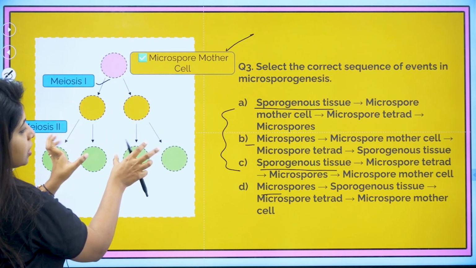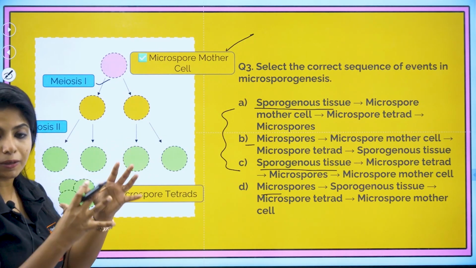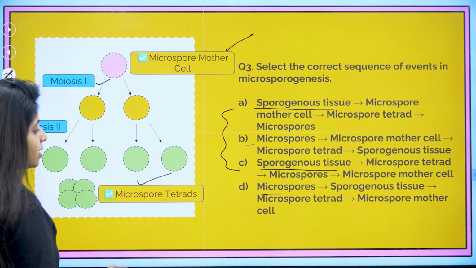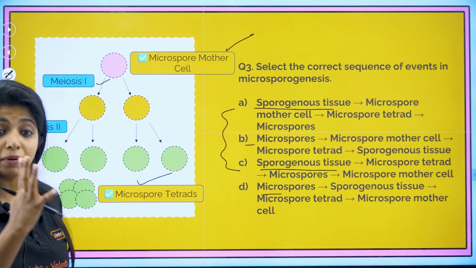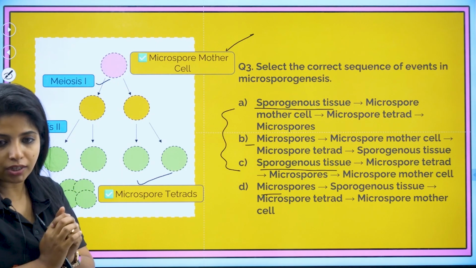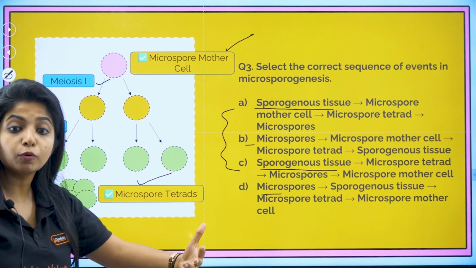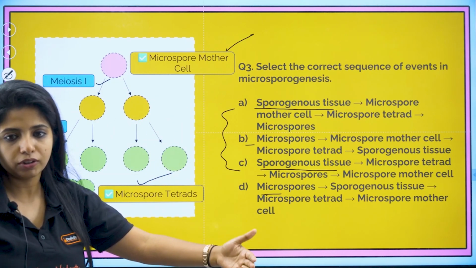Now again, these 2 cells are going to divide into 2. What are these cells now? These cells are going to get clumped up together and they are going to be known as microspore tetrad. Tetrad means 4. So 1, 2, 3, 4. 4 of them are going to be together, my dear children. And individually, if you are speaking, they are what? Microspores. And these microspores, my dear children, later will be forming what? The pollen grains out there.